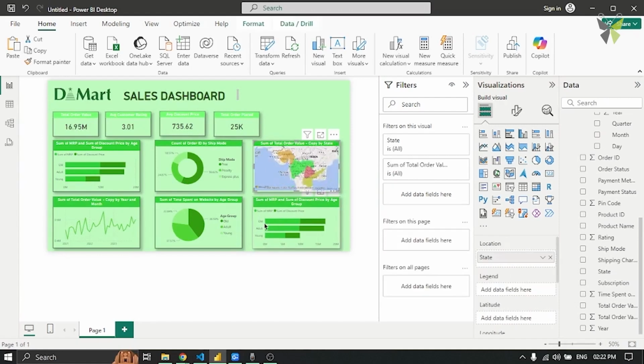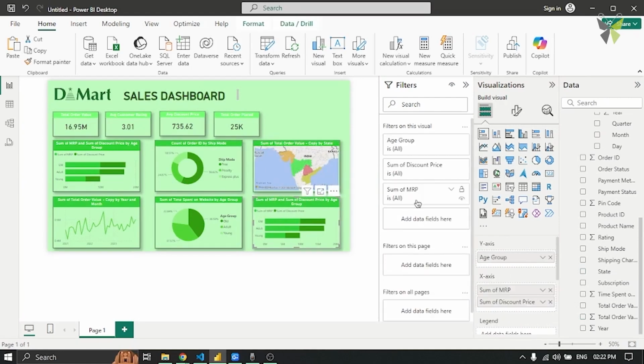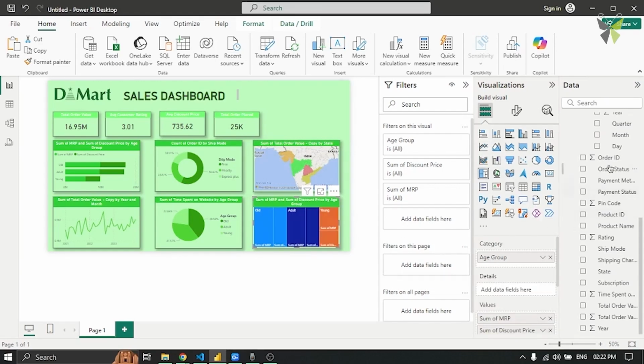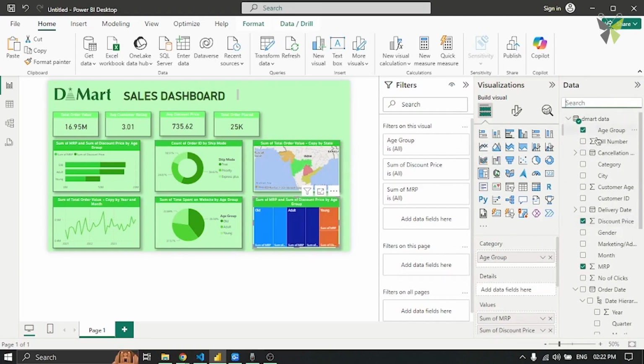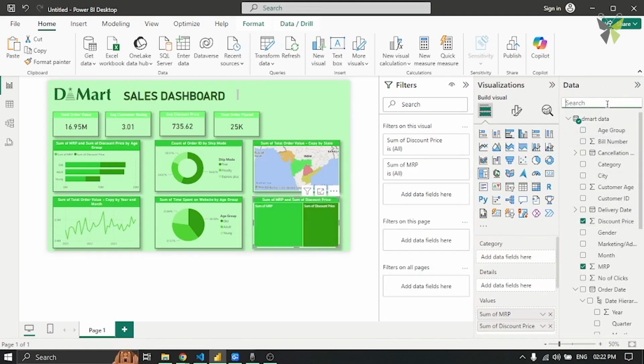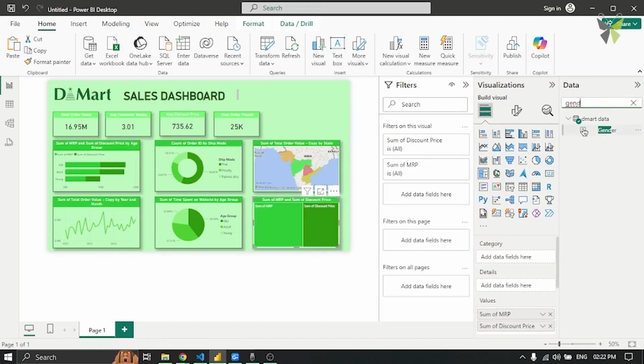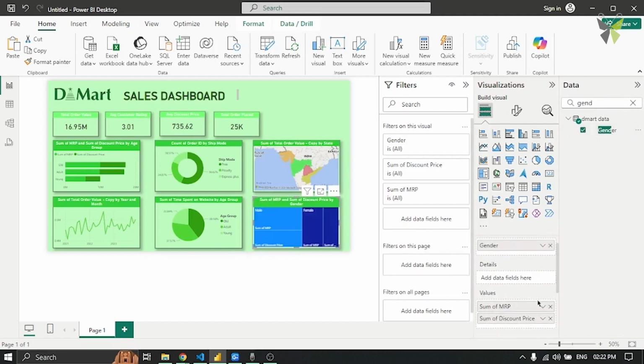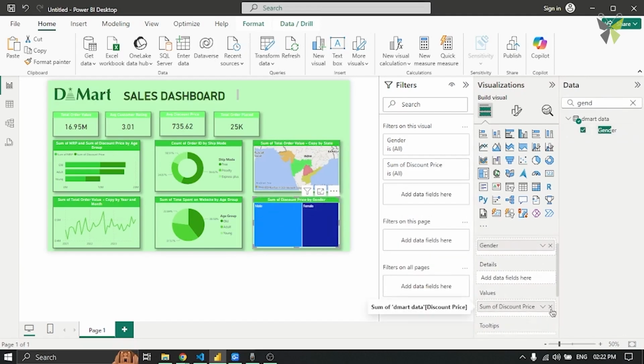Okay, super. Now we can go ahead and change this final chart. So I'll take a tree map, and in this tree map I'll take gender now. Instead of age group, I can take gender, and I won't check for sum of MRP and sum of discount price.